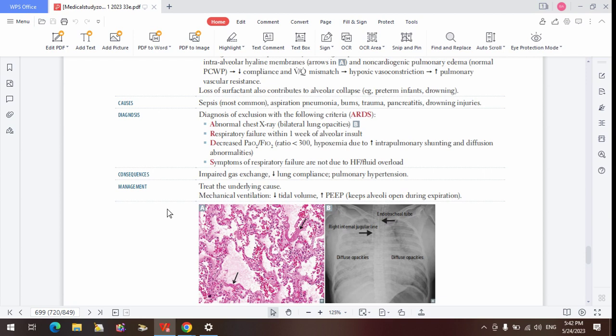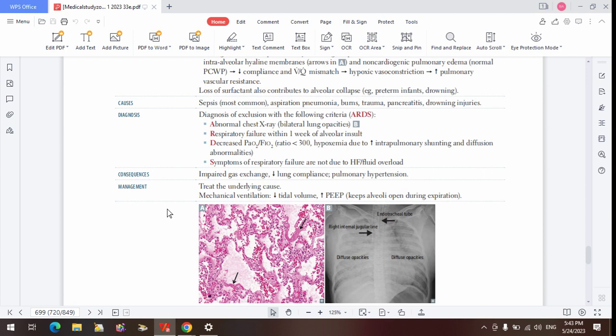The reason you create a negative pressure in the intrapleural space is that at the end of the day, you want to increase the transpulmonary pressure. Once you increase the transpulmonary pressure, you make the airway open. You still remember that, doctor? Now, how do you want to increase that transpulmonary pressure? Is it that you increase the alveolar pressure, or you make the intrapleural pressure more negative? Because we've said that transpulmonary pressure is alveolar pressure minus